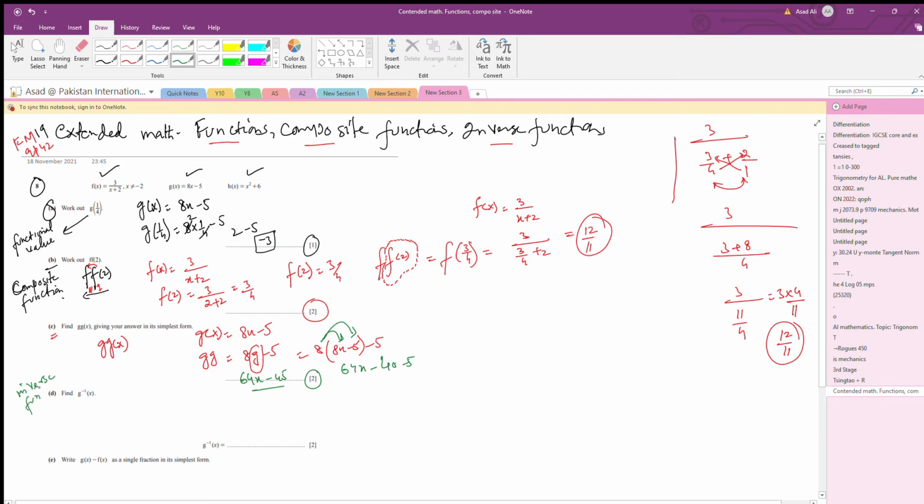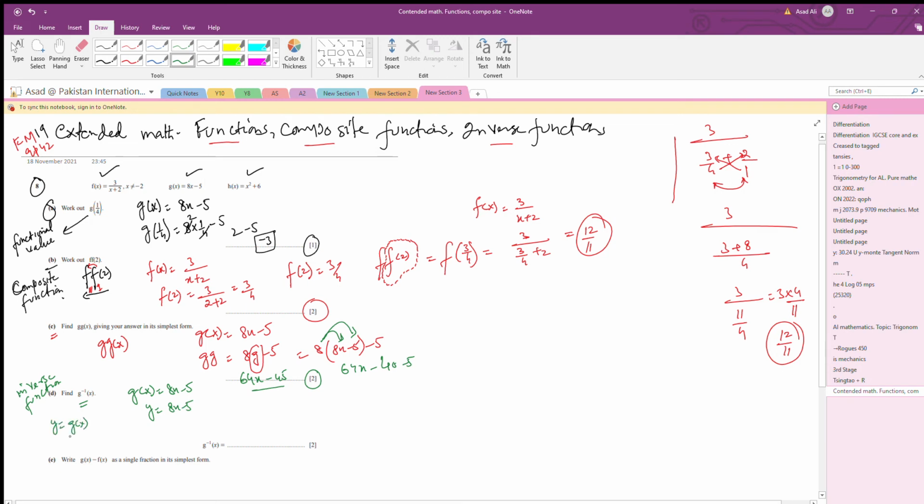Inverse function. Now how to find g inverse x? Look, g of x is with us. What is g of x? 8x minus 5. So we can say y is equal to 8x minus 5, and we know y is equal